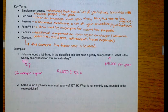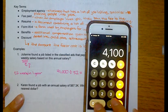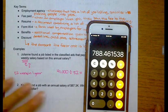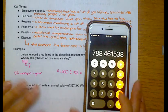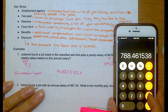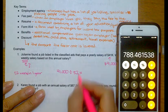Let's go ahead and take out our calculator. We'll do that division, and we get 788.461538. Now, this is an amount of money, so let's make sure we write it as money. I'm only going to write 2 numbers after the decimal. So I'm going to write